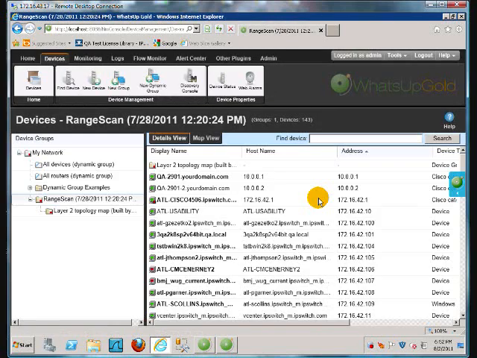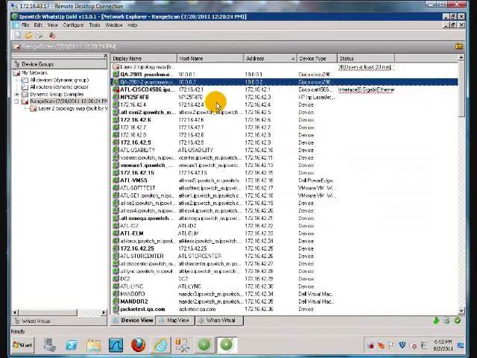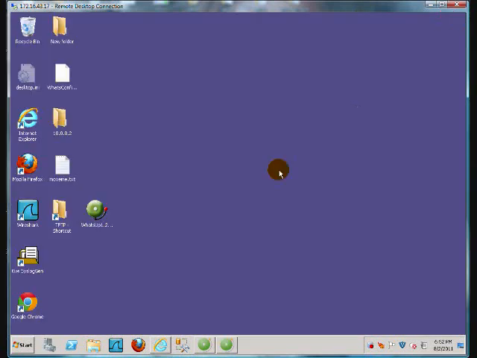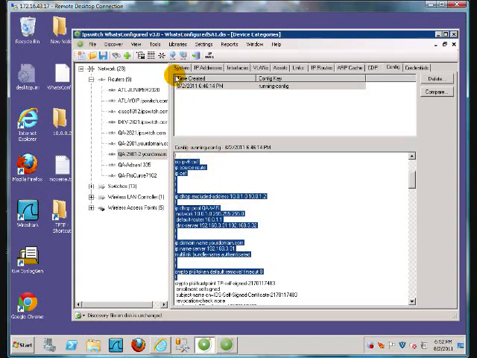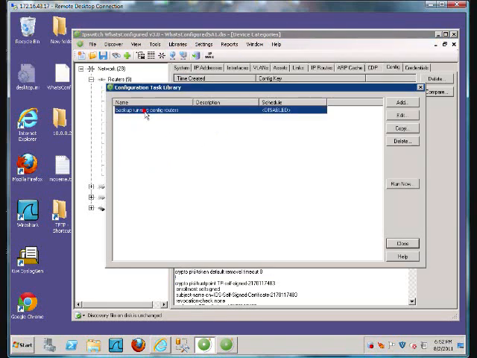Captured in what's configured and exported to the What's Configured plugin of What's Up Gold. So now they match, I guess you could say. Okay, so let's go back to What's Configured again. And that's probably the easiest thing to do, is just create a task to back up